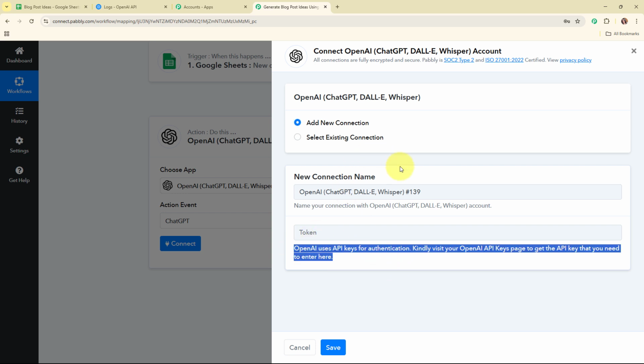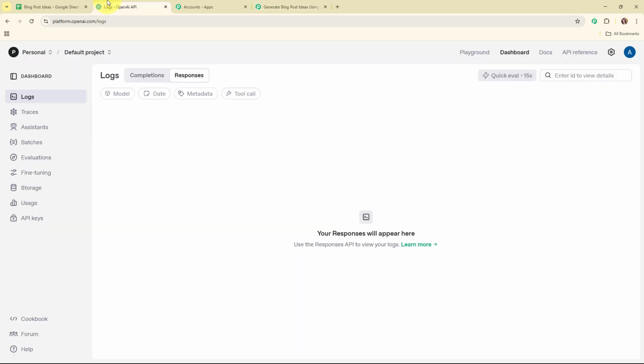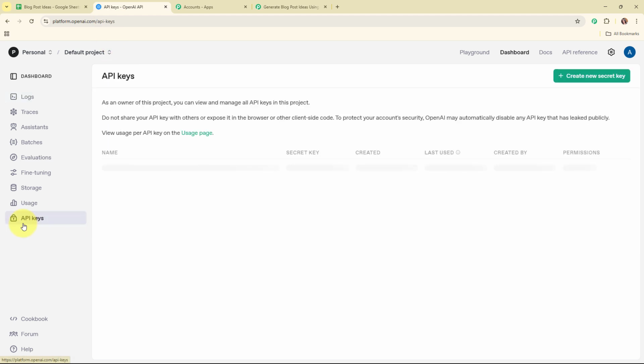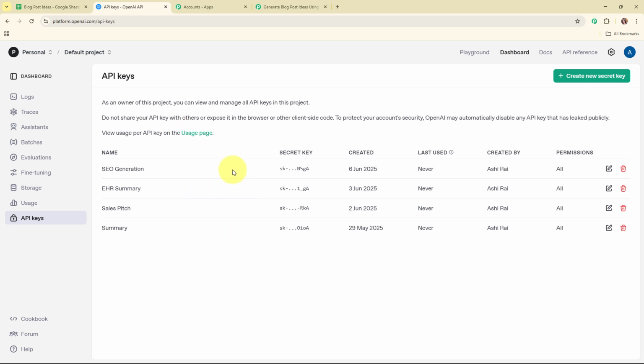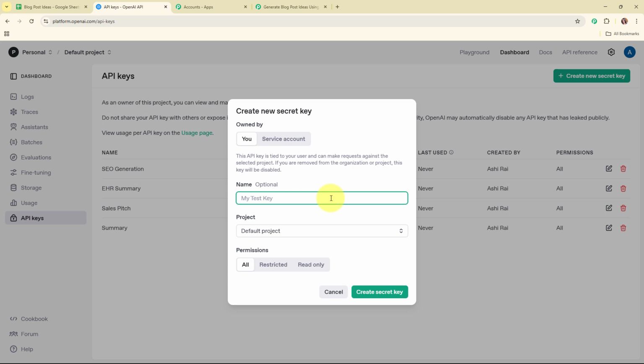So following the instructions given below, I've already logged in to my OpenAI account, and from here I'm going to access the API keys given in the left side bar. And here under API keys, you can see some existing keys. So I'm going to generate a new key, and here I'm going to give a name to my key, that is blog post ideas. And then I'm going to select my project as default project, and then I'm going to